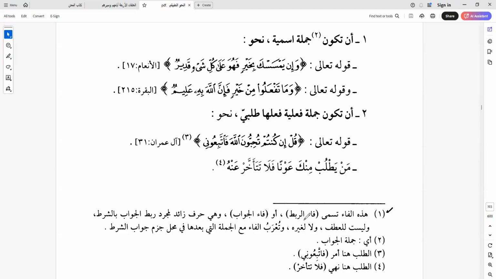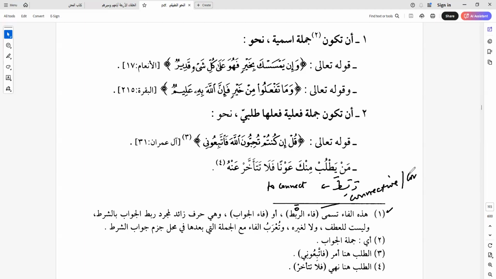This fa is called fa'u ar-rabt. Now, when we say rabata, connect or to attach. So fa'u rabt basically is a connective